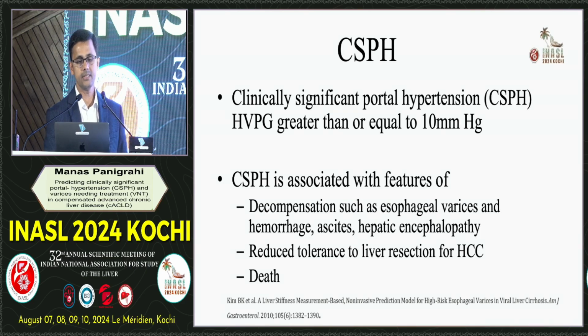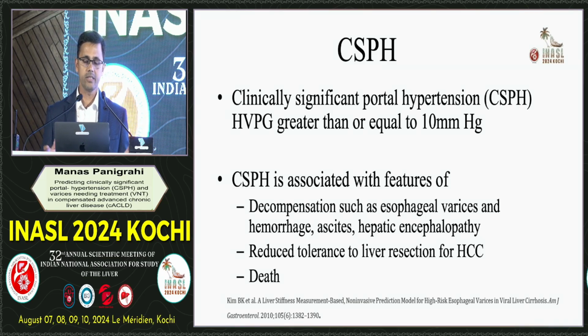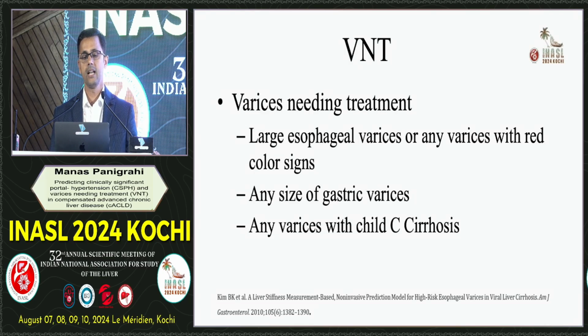So what is CSPH? It is clinically significant portal hypertension, where HVPG is greater than or equal to 10. So why does this terminology come? Because CSPH is an important predictor which is associated with features of decompensation, which is variceal hemorrhage, ascites and HE, reduced tolerance in liver resection for HCC, and death. So basically it is an important predictor. And what is varices needing treatment? These are large varices or any varices with red color sign, any size gastric varices, or any varices with Child